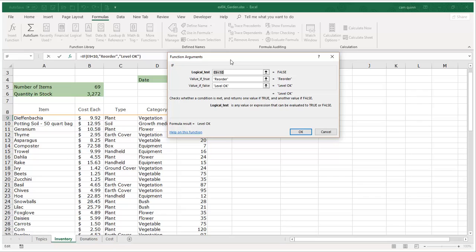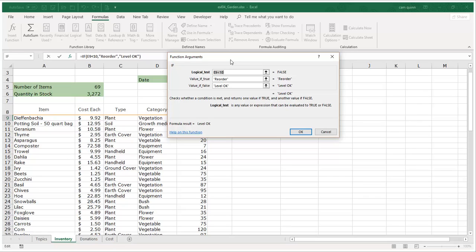So your comparison operators are less than or equal to, greater than or equal to, not equal to, which is two chevrons, like a less than and a greater than, and equal to, which is just the equal sign. So your logical test should always have those three components: what you're testing, your comparison operator, and what you're